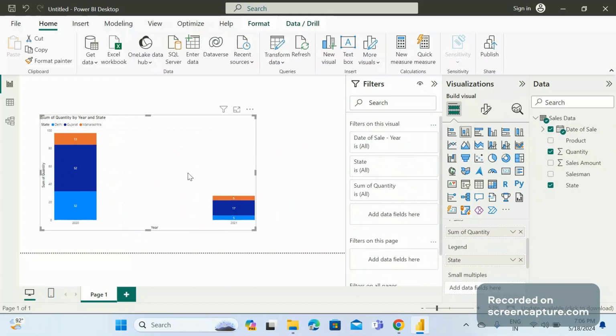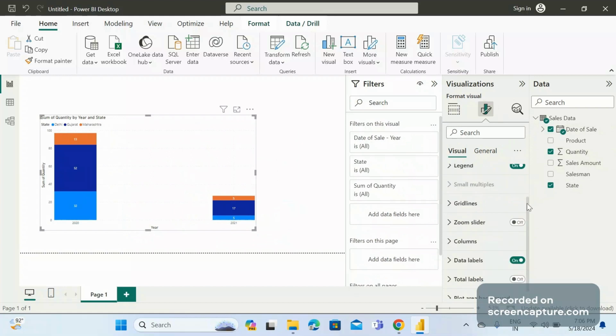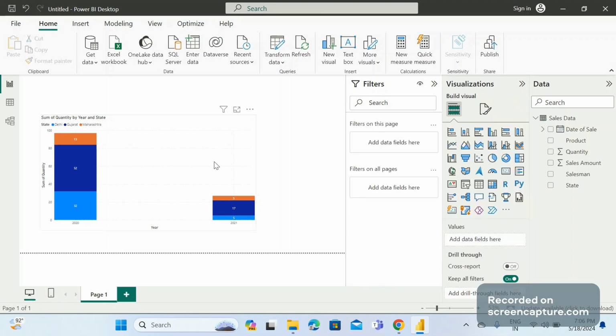To apply more formatting techniques, here you can go to this format visual area, and you can explore all these options like x-axis, y-axis, legend properties, all the properties that you have for this particular chart,